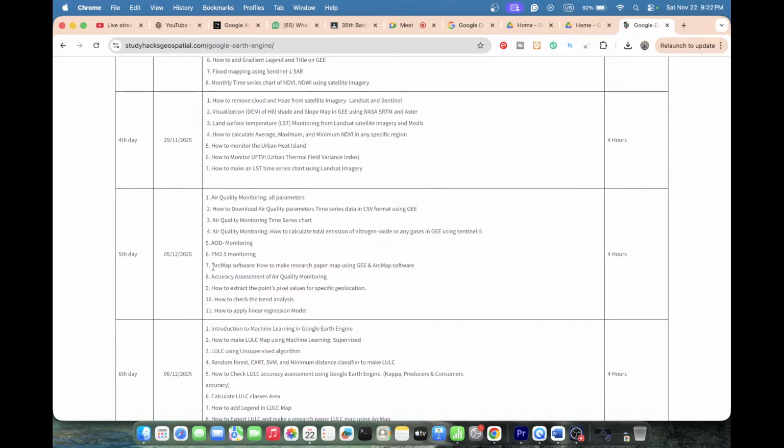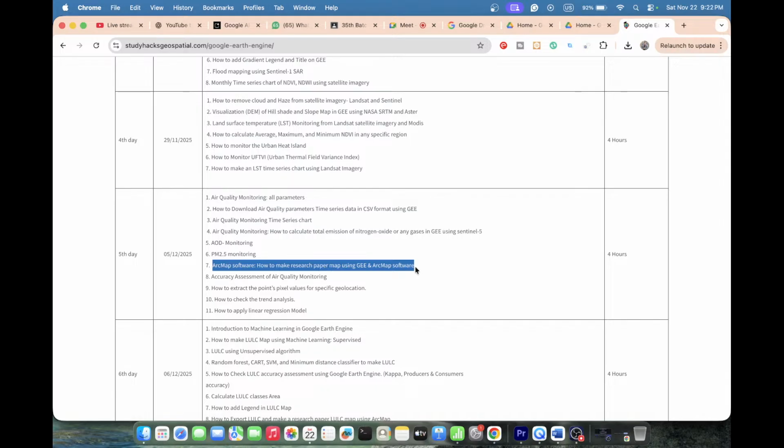Okay, but both are the same process, because after downloading the data from Google Earth Engine, then for creating the map layout for our research paper or presentation, we just use the ArcMap or QGIS software for preparing our layout of our map. Suppose I make the analysis, suppose iron oxide, to identify this type of place using Google Earth Engine. So I need to download the data as a GeoTIFF file format. So this data further I import in the ArcMap or QGIS software to produce the map for my presentation